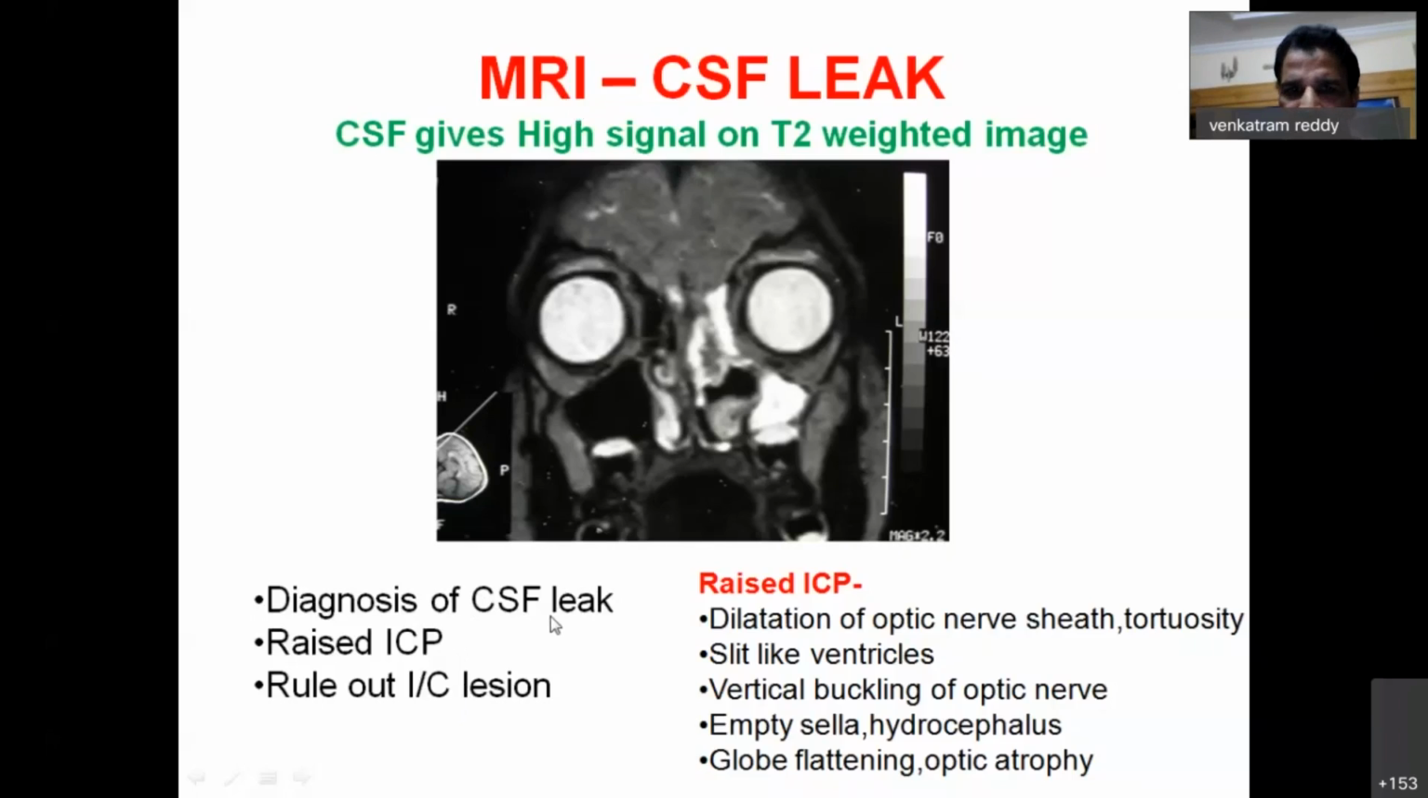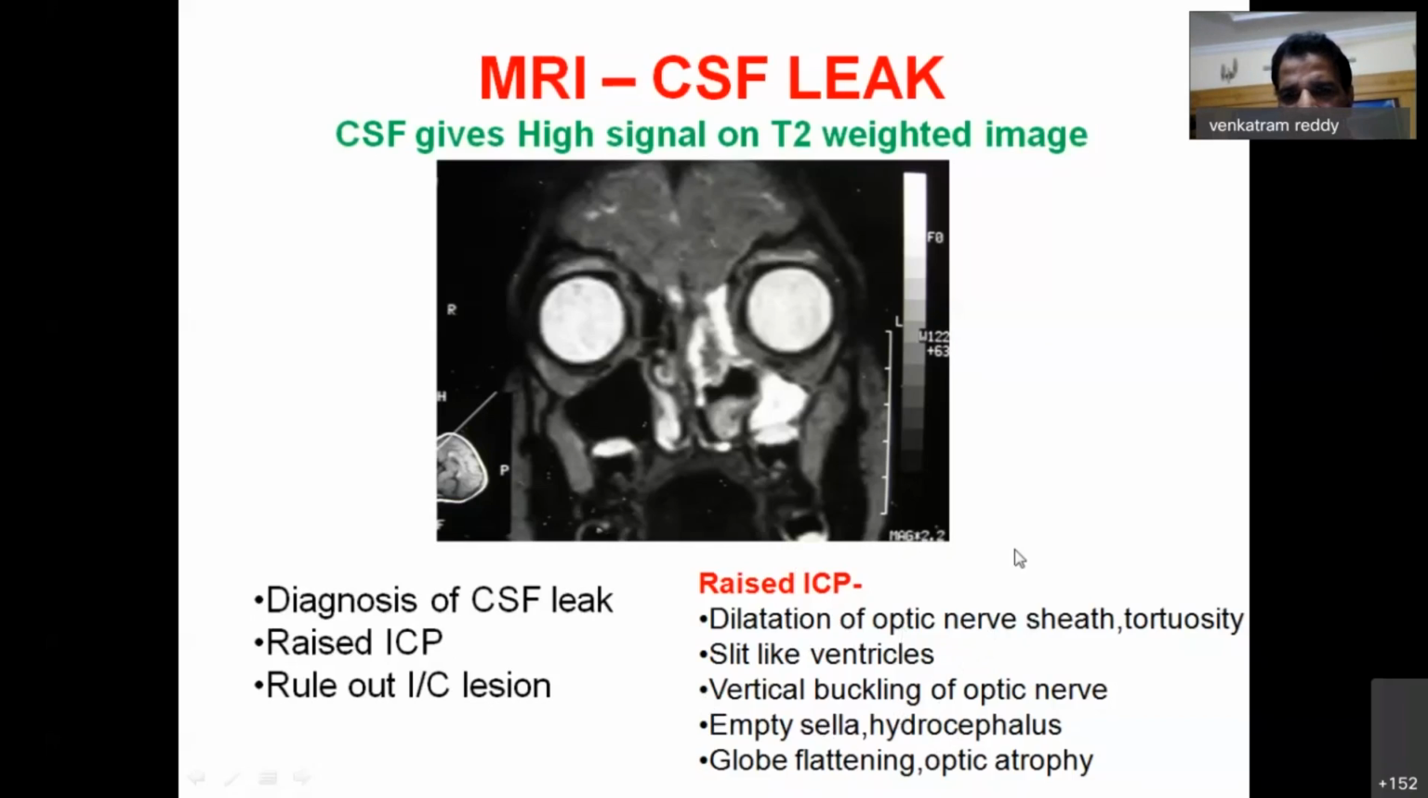It not only gives the diagnosis of CSF by its appearance as a high intensity signal on T2 weighted image, but it also gives certain signs of raised intracranial pressure, and rules out intracranial tumors. So, how to identify the raised intracranial pressure in MRI? It gives a clear picture of dilatation of optic nerves and sheath with tortuosity, slit-like ventricles, vertical buckling of the optic nerves, empty sella with hydrocephalus, globe flattening and optic atrophy. There are so many